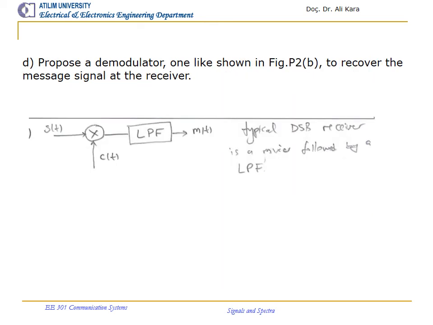You may refer to your lecture notes to see what a typical DSP receiver consists of. Or you can inverse the operations of the modulator to get to the demodulator yourself. In any way, the typical DSP receiver is a mixer followed by a low-pass filter,